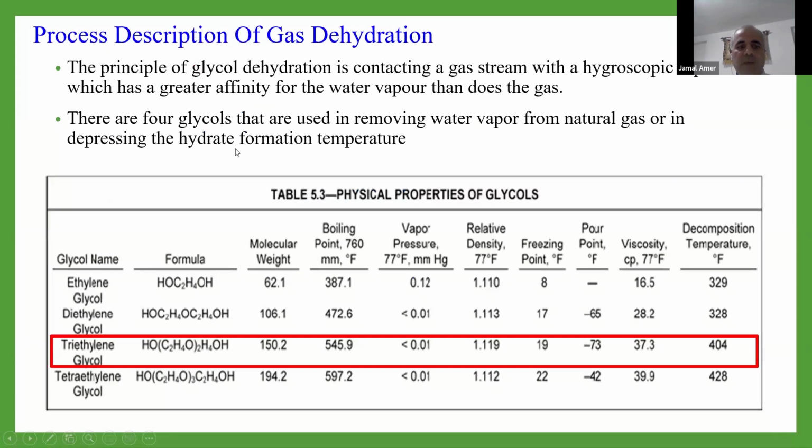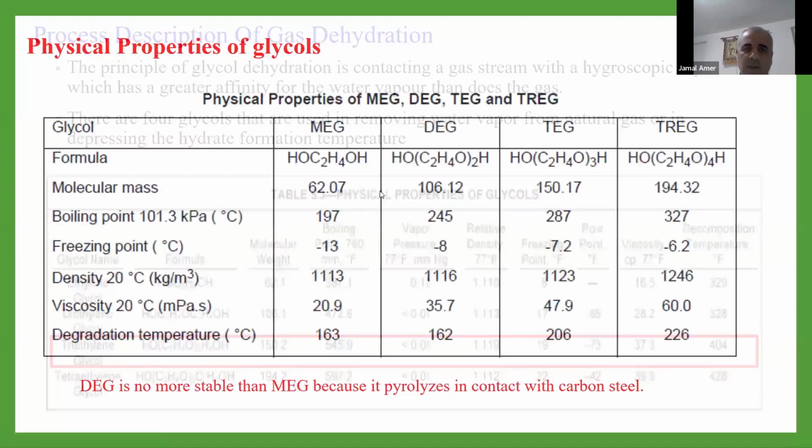For dehydration, we have this type of glycol dehydration. We have 4 types of glycol, and triethylene glycol is the best one to be used as continuous treatment. Triethylene glycol, we call it a continuous dehydration system. Why? And also here we have